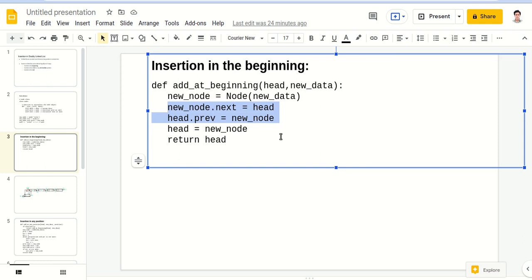We are equating the values of head to new node dot next, and new node to head dot prev. Now we make head as new node. The new node comes at the first position, and we return the head position.